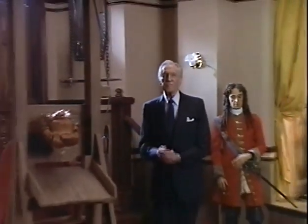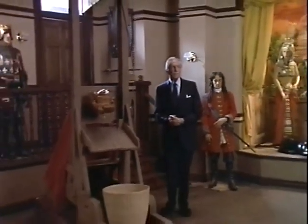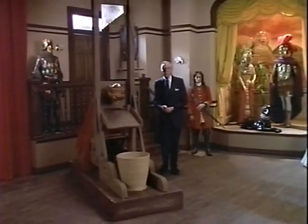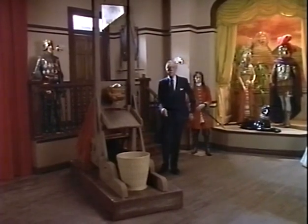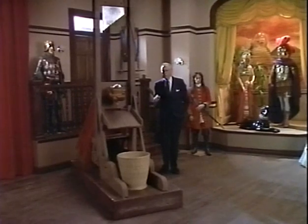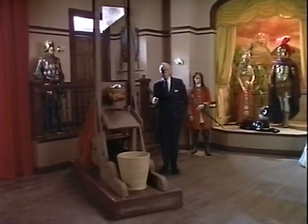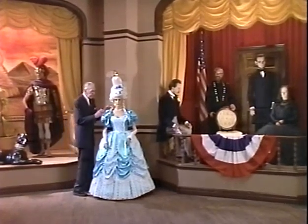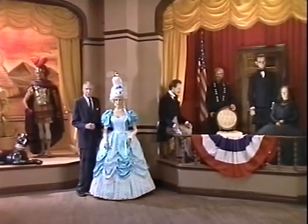Hello, I'm Vincent Price. If you love classic movies, this wax museum might remind you of one of my best-known films, House of Wax. While it wasn't the first 3D movie, it certainly was the most famous, and its 3D effects seemed so terrifyingly real, the audiences screamed in horror. Professor Jared was one of my favorite roles, sculpting these lovely creatures out of wax and then becoming a villain